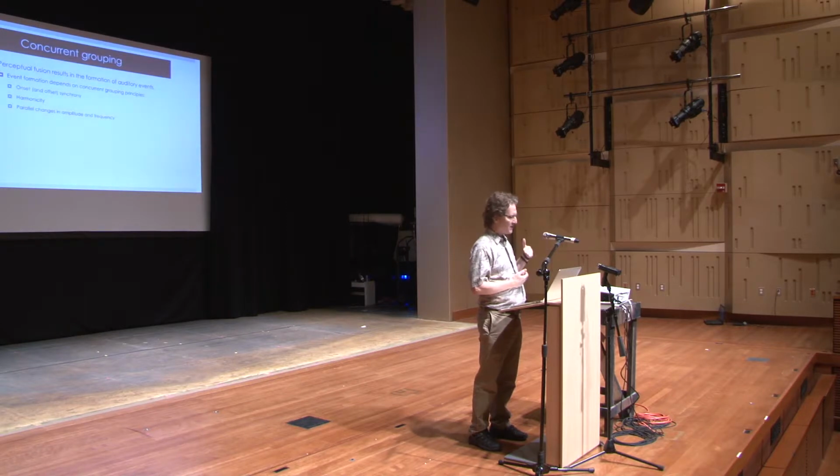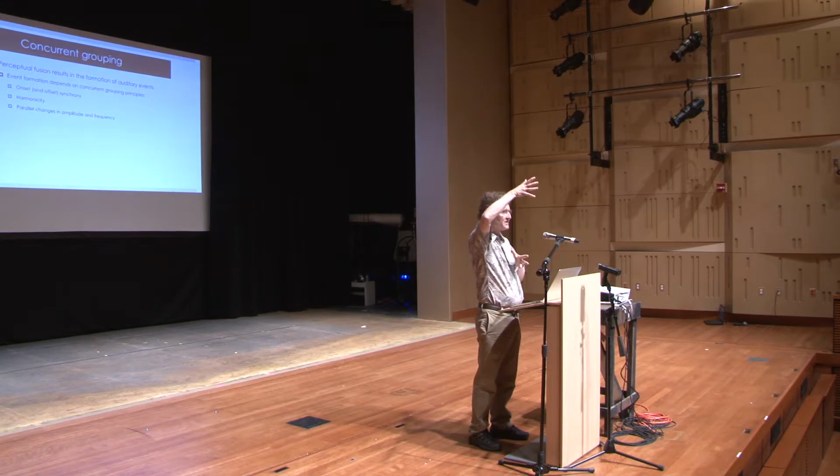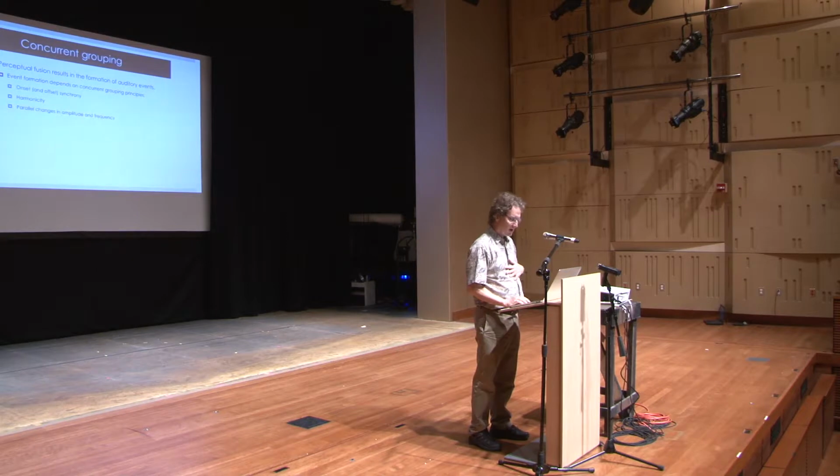So these three properties here, onset synchrony, harmonicity, and parallel motion in pitch and dynamics, for example, are used in a piece by Ravel called Bolero, where he stacks up all the instruments in a harmonic series and they all move and start and stop together. So he intuitively understood that these principles were useful to create new timbres by fusing together multiple instruments and so on. Now these properties can be gotten from the score, but those are not